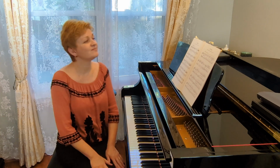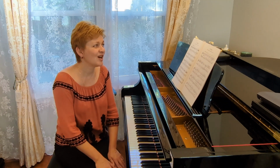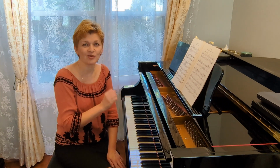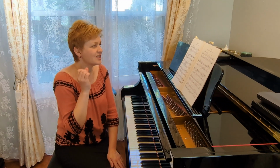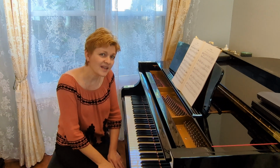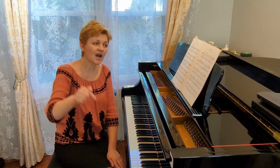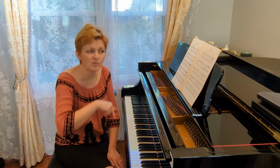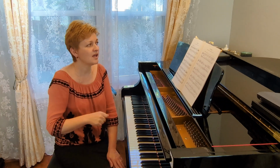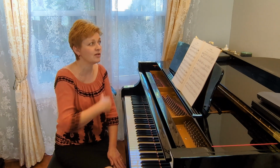I hope I gave you some explanations of how you could work with a piece if there are not enough details written down, such as articulation, such as tempo markings, such as dynamics. You can decide on your own, but thinking what's the style of the piece, who is the composer, when did they live, and what's the title, what does the title tell us, if there is a title,